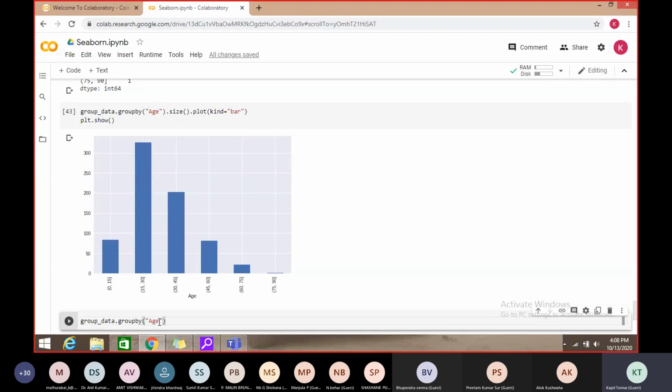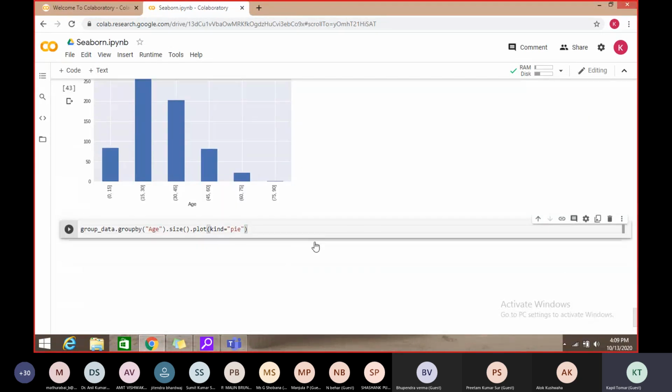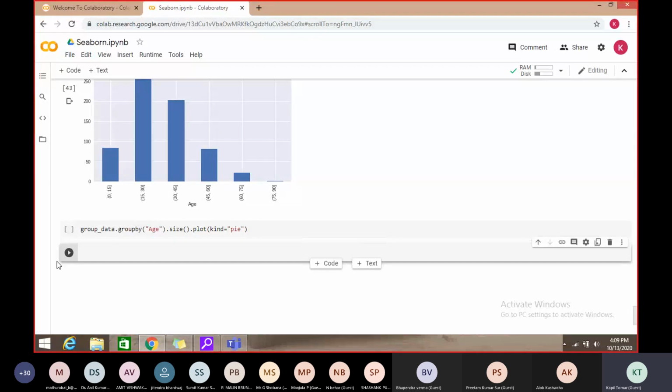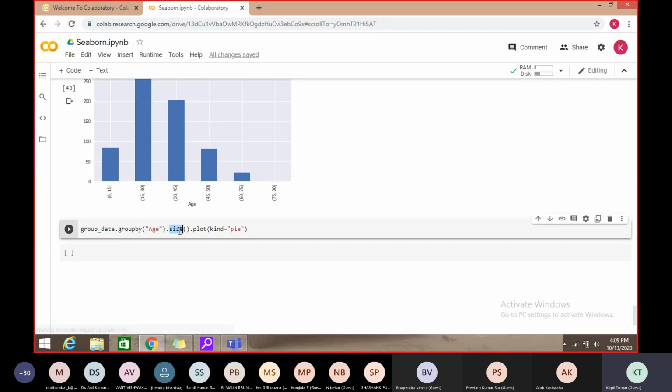So we just check this syntax one more time. Group data, where the data is stored in the form of bins. Group age, calculating the numbers.